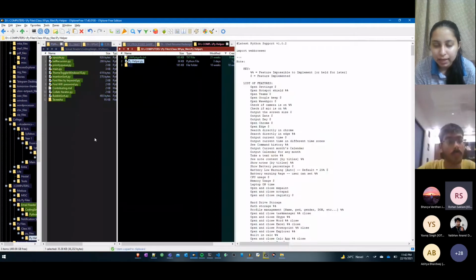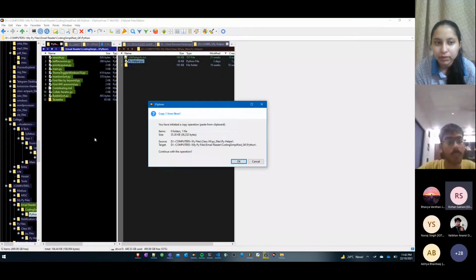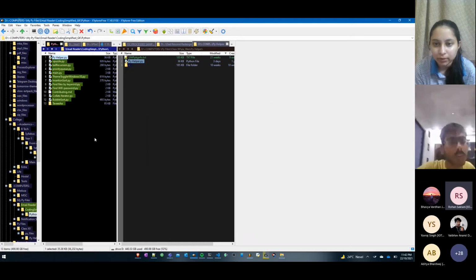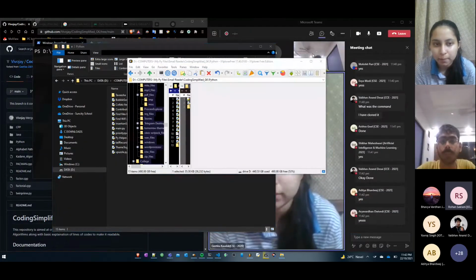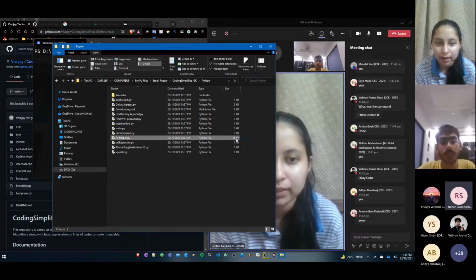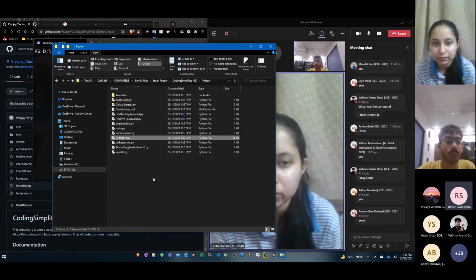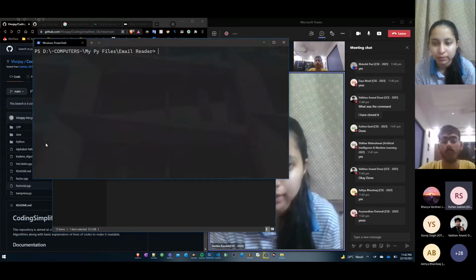I am repeating it: paste the file which you were working on, which you want to add in someone else's repository, inside the folder in which you want to add it. So Vivan had a Python file which he wanted to add in someone else's repository, for example, here in this example, my repository. So he will go into the Python folder and simply paste his file into this folder which he has downloaded right now.